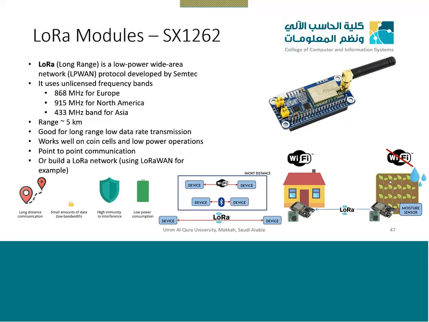So to automate this system, you will need stuff like this. You cannot work on Bluetooth or Wi-Fi because their range is very short. You need in every car or in every parking slot a LoRa node which can detect the car using a sensor, and then this node will send the data to the base station. It can work in a mesh network, sending the data from one to the other, and then to the base station, or it can be a point-to-point connection in a system. So these are the 3 basic ones.